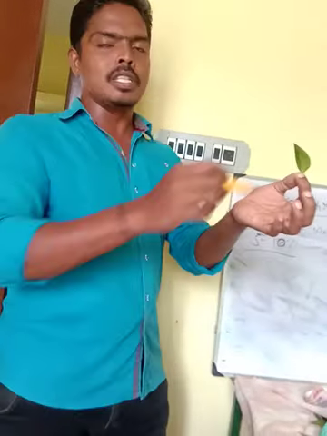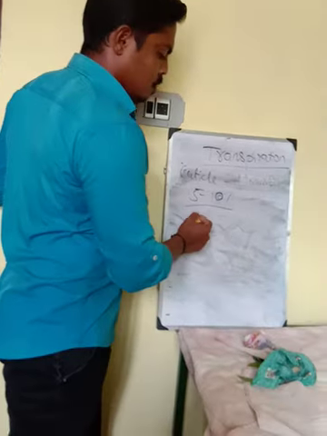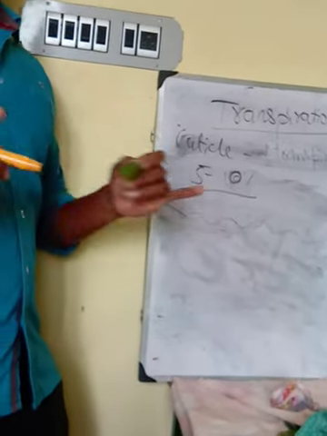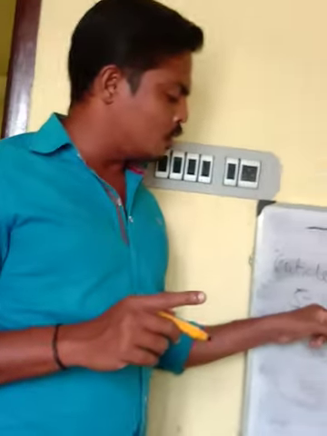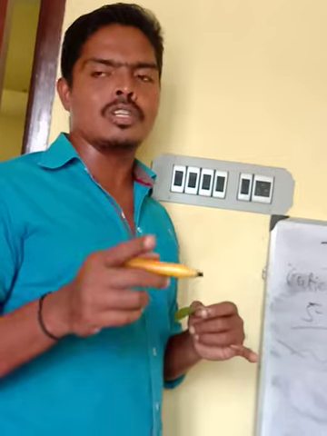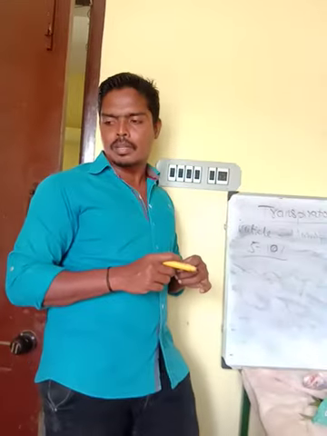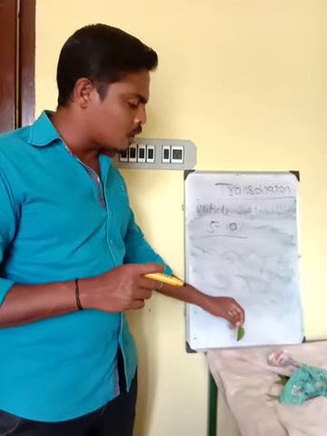When you cut open the leaf, you can see the outermost covering of the leaf. This outermost covering of the leaf is called the cuticle. The cuticle is a waxy layer. When water goes out through the cuticle, it is called cuticle transpiration. The cuticle is used to cover the other parts of the leaf.